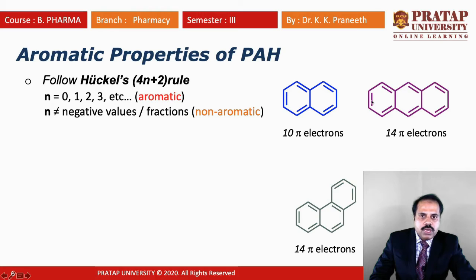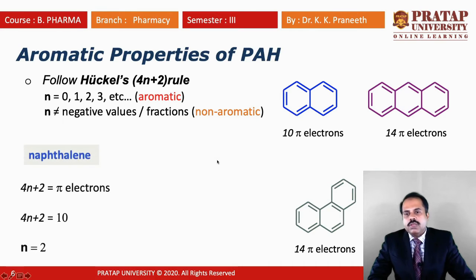How many double bonds is it having? Count it: 1, 2, 3, 4, 5, 6, 7 pi bonds. Each pi bond donates 2 pi electrons. So the total is 14 pi electrons, 7 into 2. So let's take the example of naphthalene first and check whether we can solve for the 4n